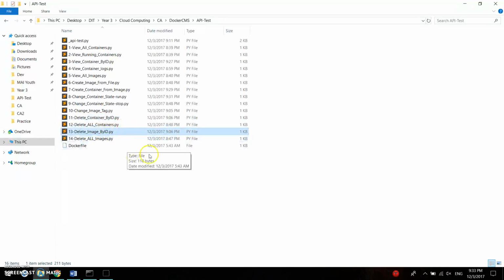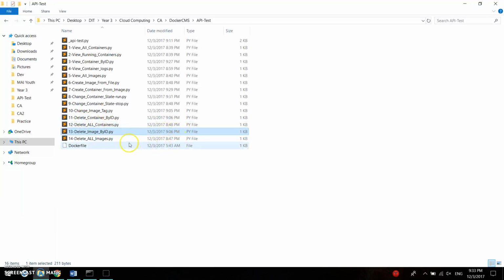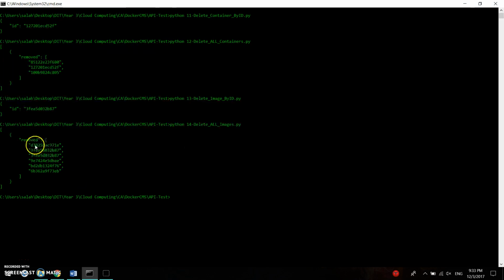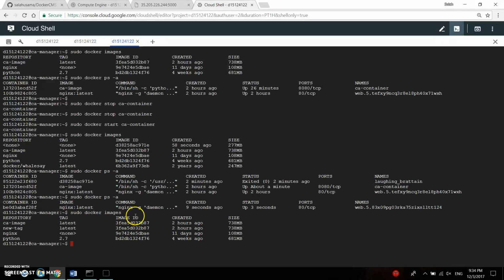Yeah, delete image by ID, right? So if we say Python 13, it's going to delete this image because that's the ID we specified. Delete all images. That's interesting. Python. So removed all these images, to make sure. If we go here, and if we say sudo docker image, so these weren't removed because